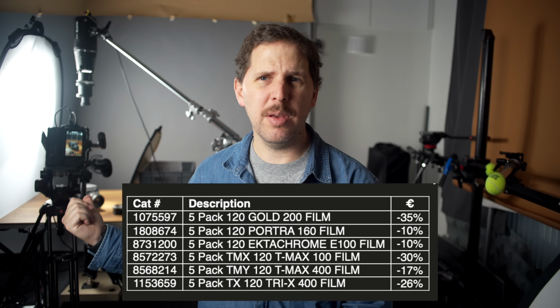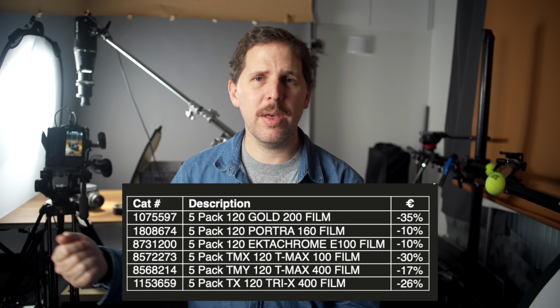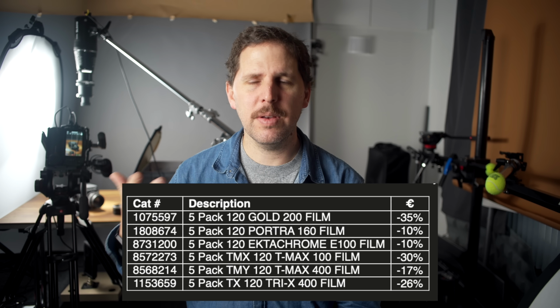This is what is used in cameras like the Mamiya RB67, Hasselblad, Pentax 6x7, etc. They're more professional film stocks, mostly because they were used in professional environments back in the day, but also the negative is much bigger. What has happened, in my opinion, is back when film started ramping up prices, 35 millimeter